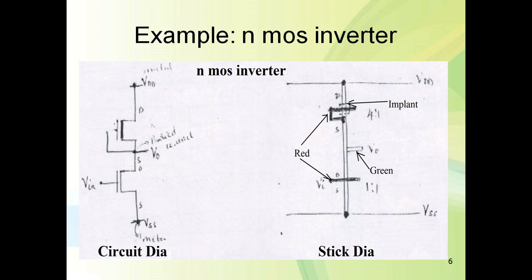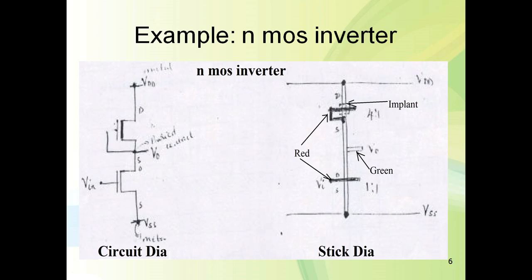Now we'll go towards one example of a simple NMOS inverter. You know that a simple NMOS inverter will have one pull-up transistor and one pull-down transistor. The pull-up transistor is nothing but your load, or resistance, and the pull-down transistor is an N-type transistor. When input voltage to the pull-down transistor is 1, the transistor will be on, it is grounded, and the output will be 0. When input is 0, the transistor will be off, and you will get VDD at the output.